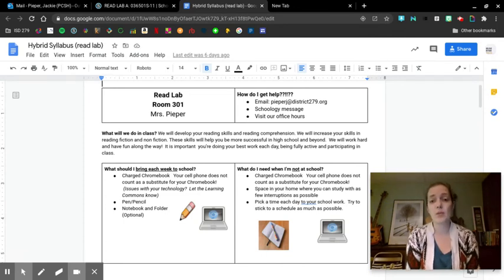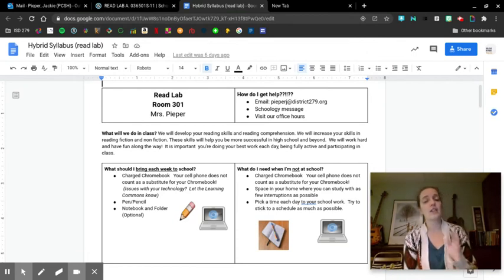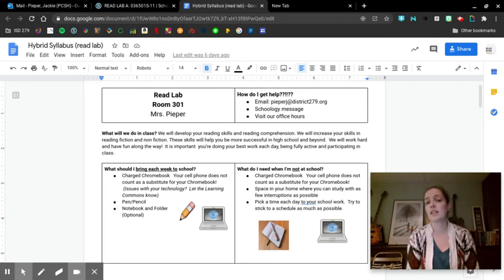It says that we'll develop reading skills and reading comprehension. So it's different than English class, and we do different things in English class. We really focus on reading and reading comprehension and how to build those skills to be more successful in high school and beyond.